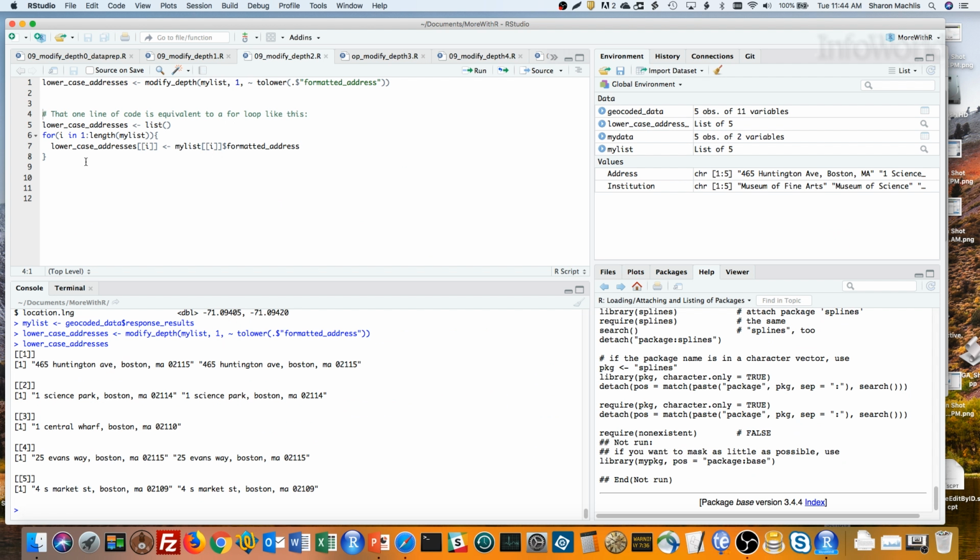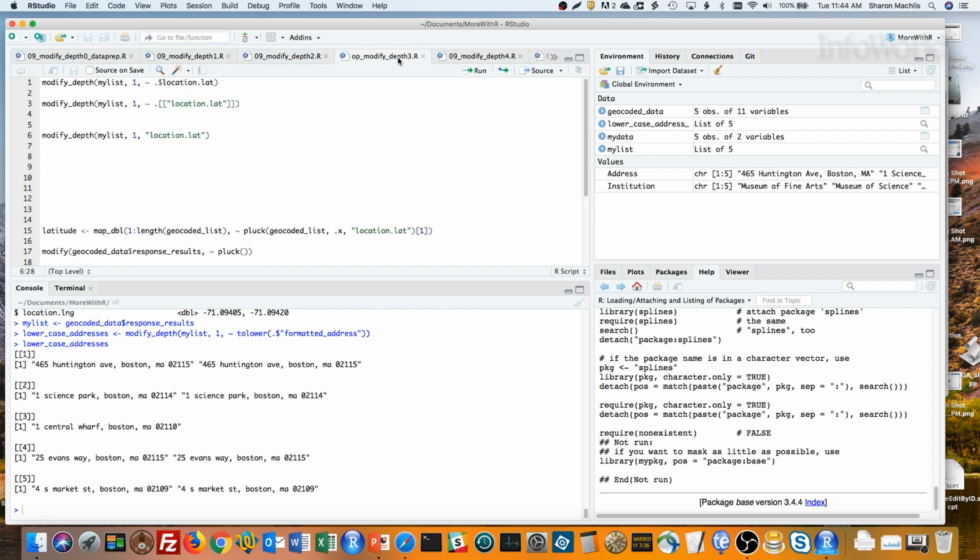Okay, but what if we just want to get the value of a column and not modify it? Just use the column as the value. The first 2 lines here show formulas for extracting the value of each data frame's location.lat column. The tilde, the dot for the data frame, and then the usual way of representing a data frame column, either with the $ sign here or double brackets here.